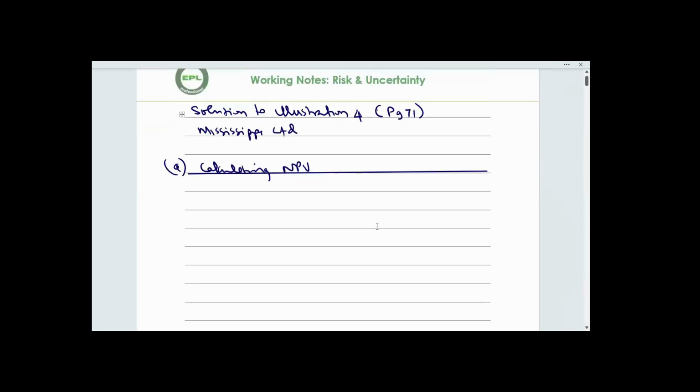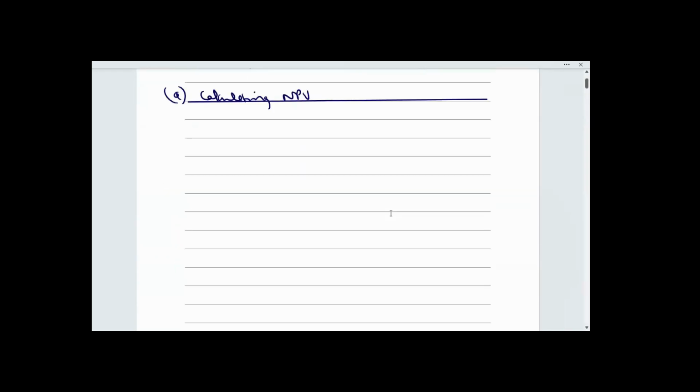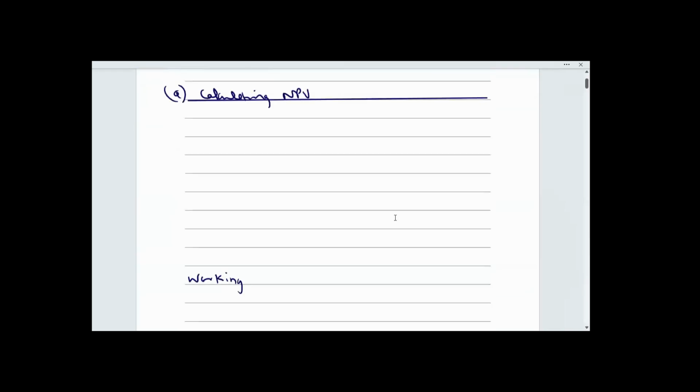Without moving too far, let me see. This page will be for the NPV sensitivity margin, the third page. Without going too far so that we don't have so much gap, let's do it this way. My NPV and decision will be on this page. Then let me do the working here so that I don't move too far away from the NPV. All right. So working